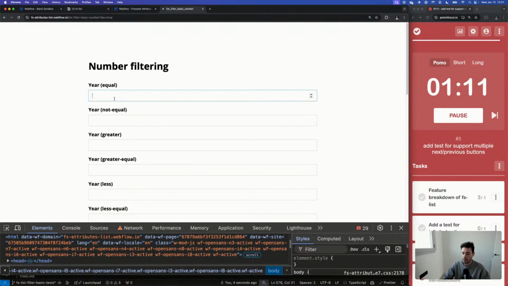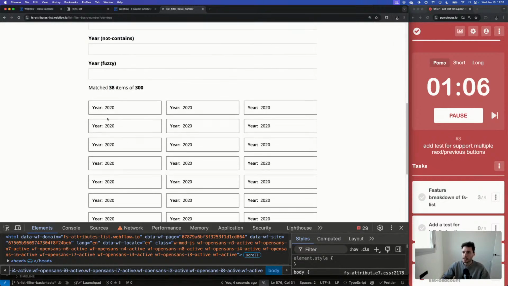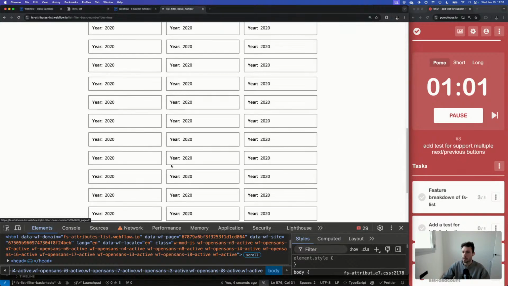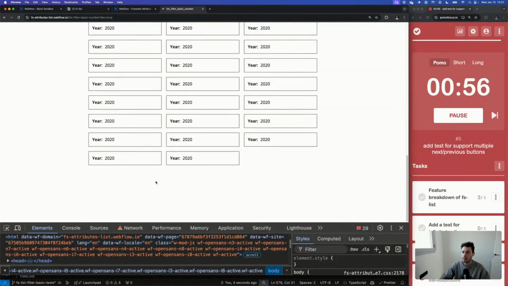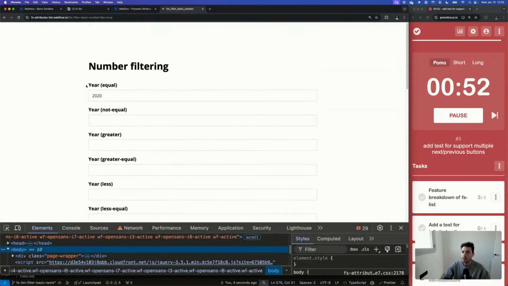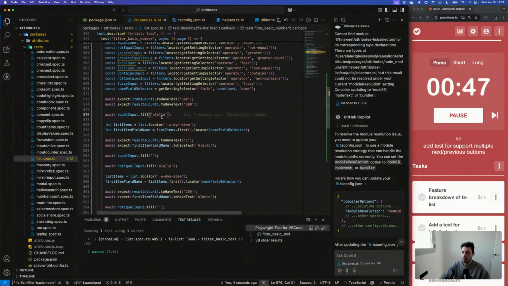So equal, if we do 2020, for example, we get 38 items where all of them are 2020. That's nice. Great. Okay. So let's start with 2020. Here, the equal input, we're going to add 2020.